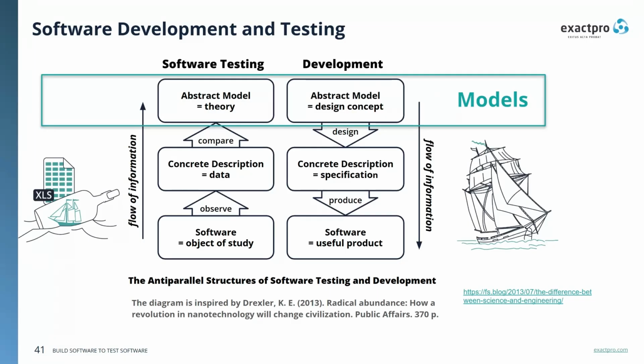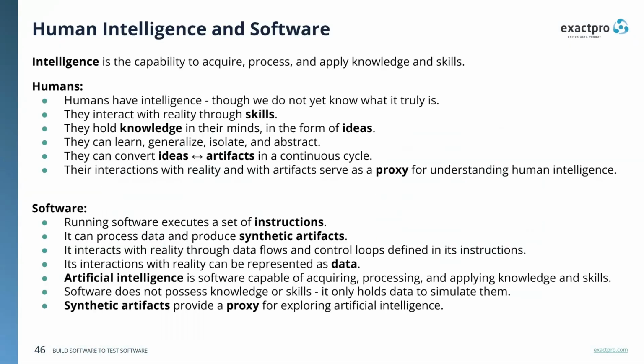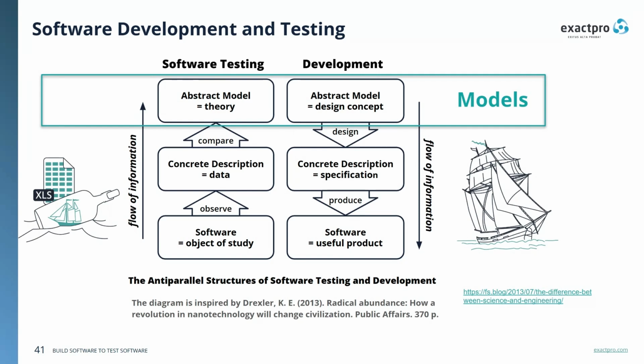Of course, they work in tandem. It is not possible to send rockets into space without solid research. And it is also not possible to do interesting research without engineered instruments. But these are two different things, and they separate engineering and research, and they also separate software testing from software development. Let's go from this one.